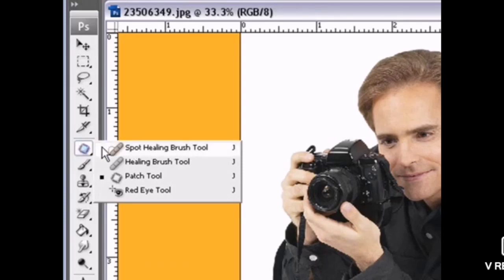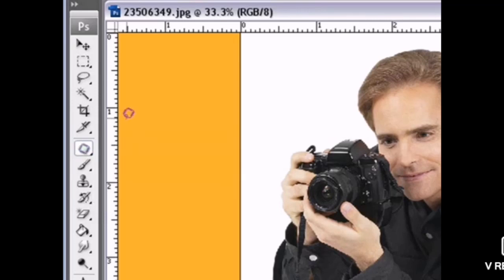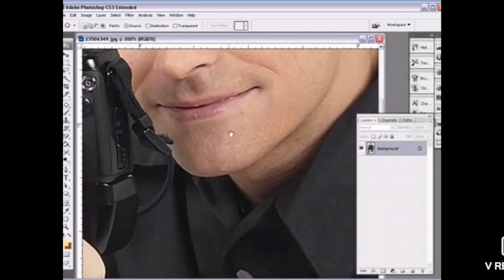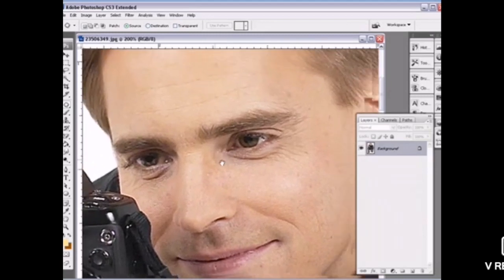So once I select the spot healing, I have 4 options: spot healing, healing brush. In that I have selected the spot healing brush tool. As I select the spot healing brush tool, see, let me maximize the image.